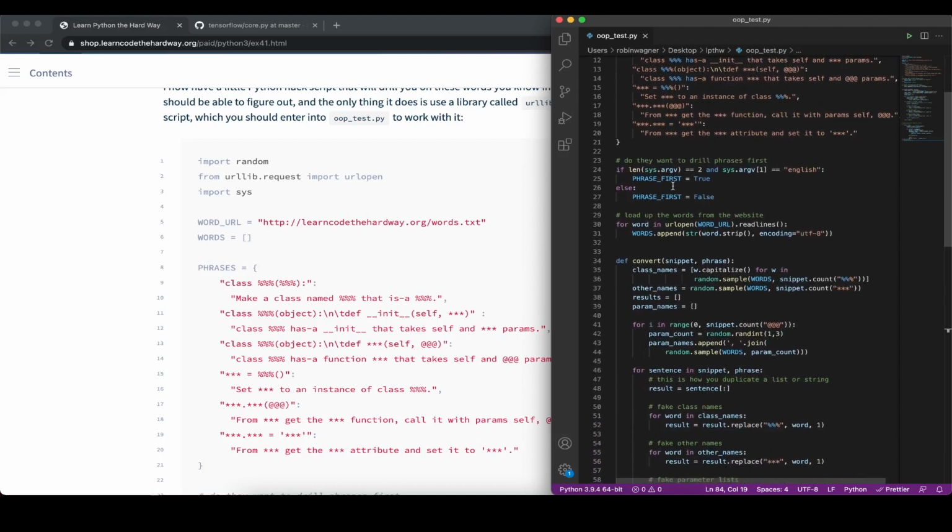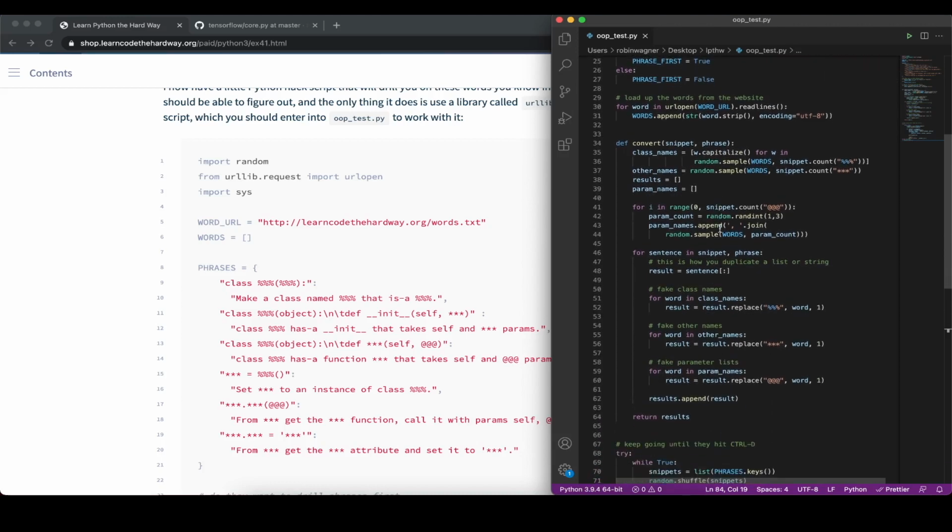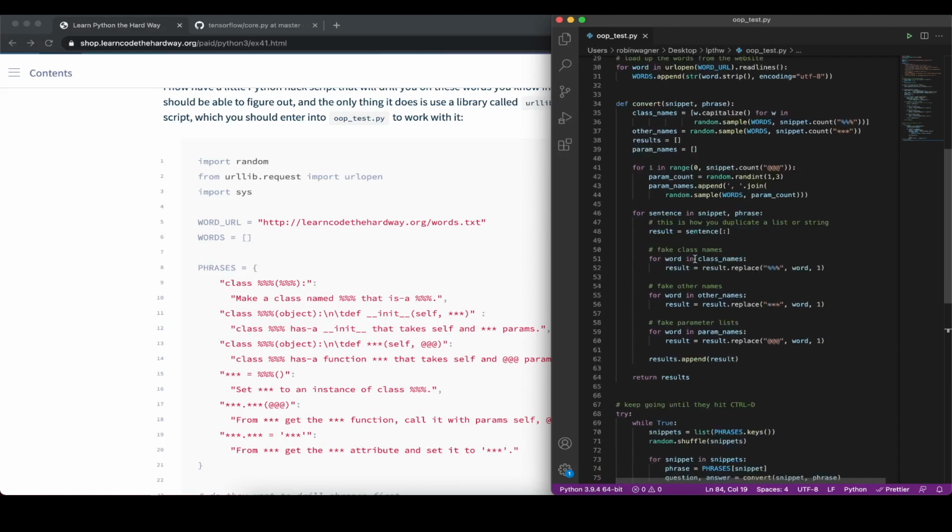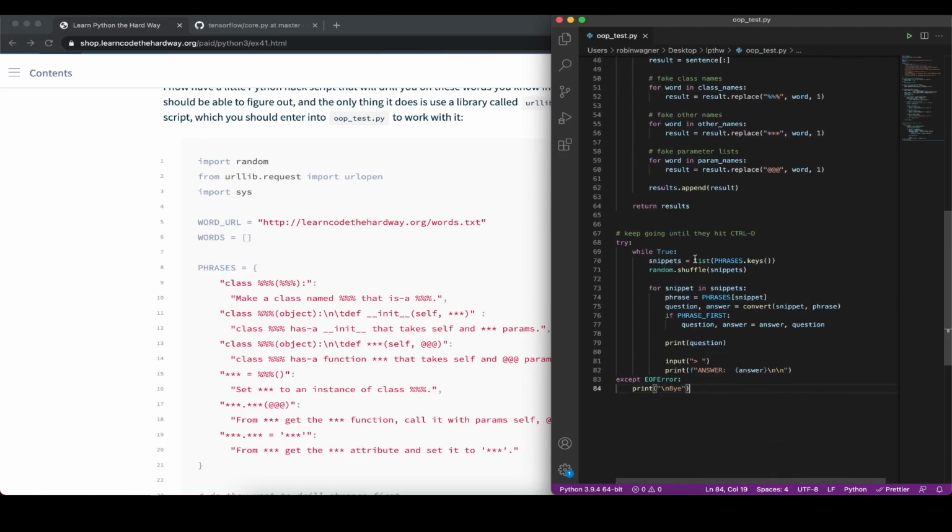And then down here we set up the right input. For example, here we check that the input we provide when we run our program is English, and if that's the case, then we take phrase first, set that to true, and go with that, because we want the English equivalent of the code that we are writing. Then we have the setup here with the different code parts, and we are executing that.